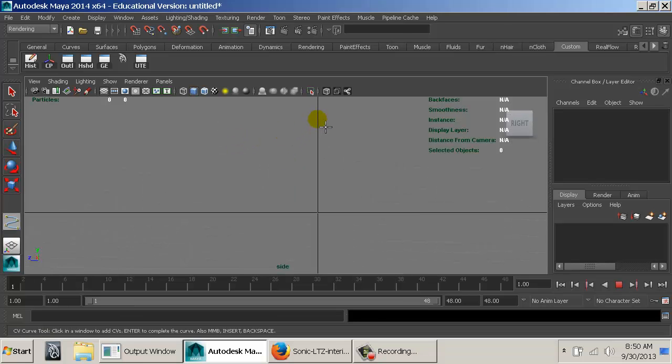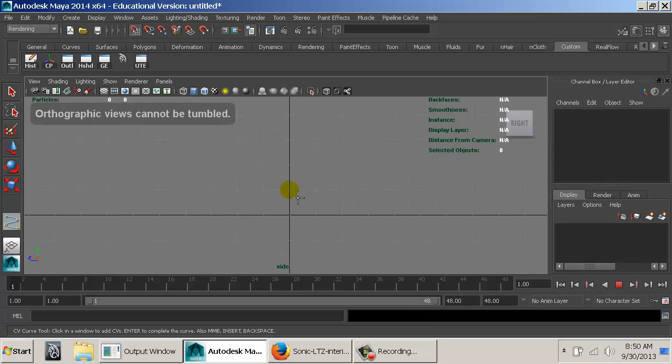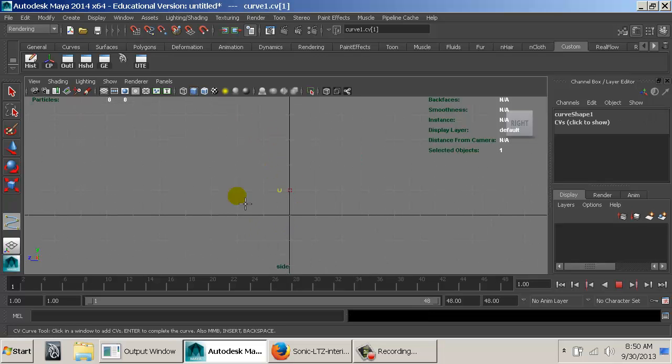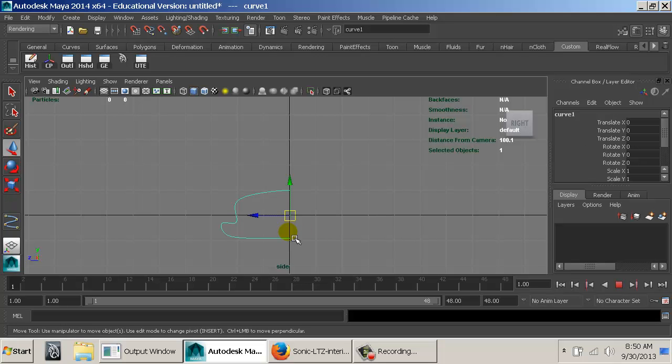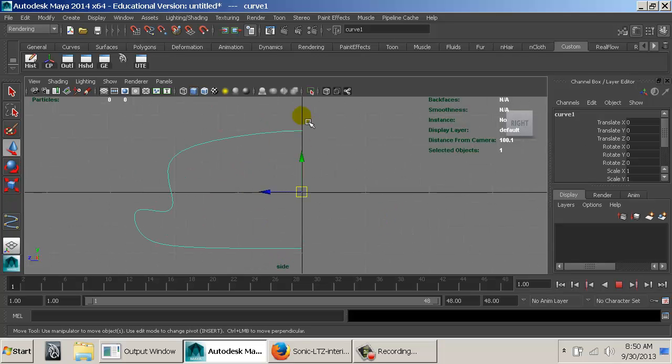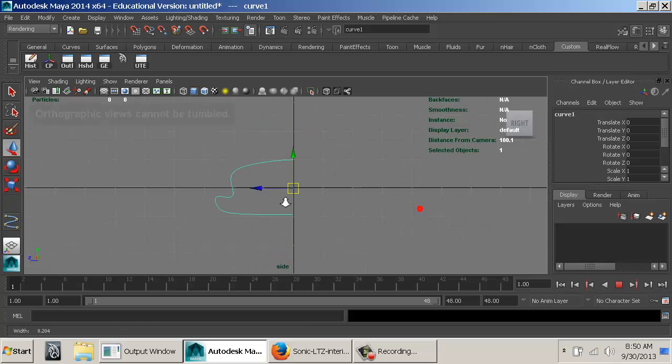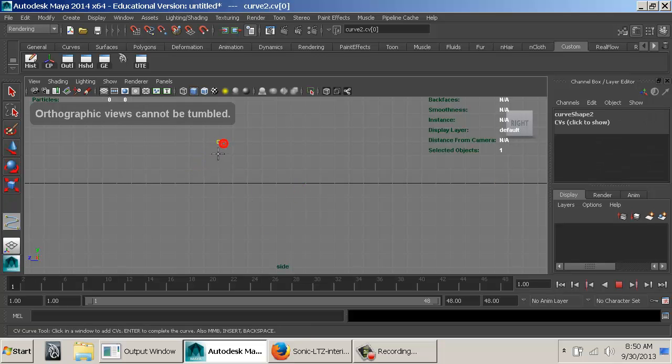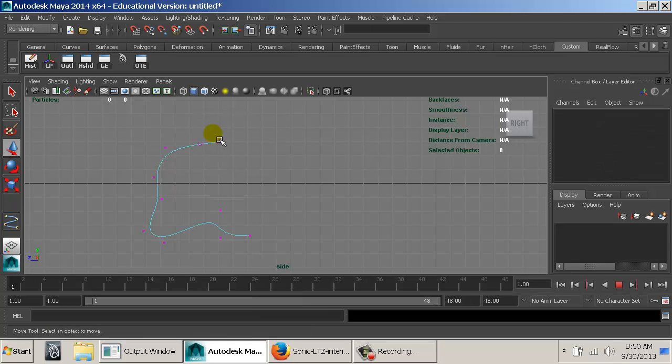That we want the first 2 points. Where's my grid? There it is. We want the first 2 points to be in line, and then we can do whatever. And then the last 2 points should also be in line, okay? And they should also be in line with this black line down the middle. I don't want to draw it way out here. Okay? Even if I created these 2 points in line here,